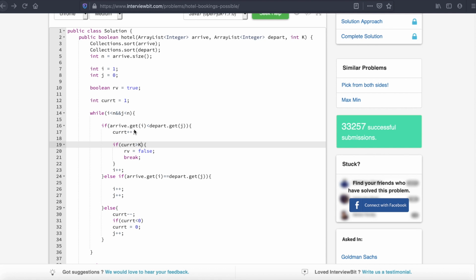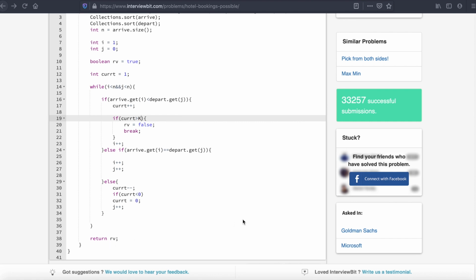Then we have incremented our current and checked if current is greater than K or not. If it is, we set rv equal to false and then we break. Then we have incremented i. Our else if is: if arrive[i] equal to depart[j], then we have incremented both i and j. Else we have decremented our current, and if current reduces to a negative value we have set it to 0 again, and we have incremented j, and we have just returned rv.